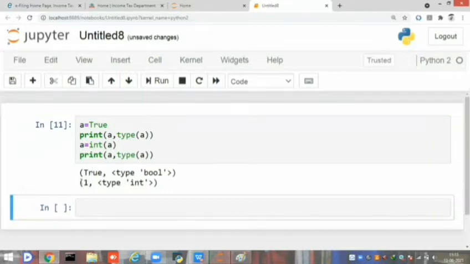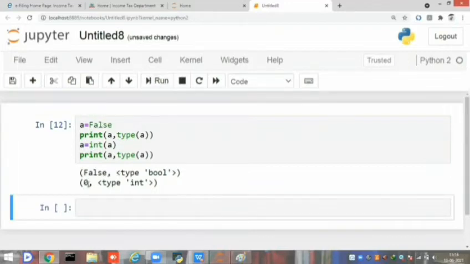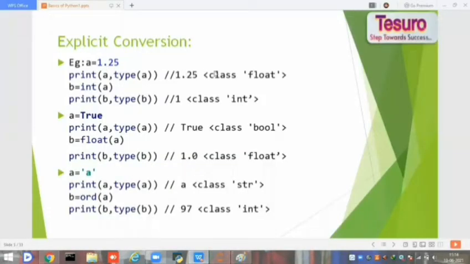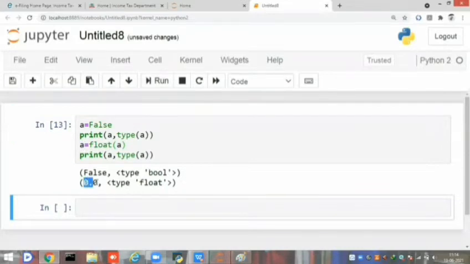So true is type bool, and in terms of integer it is 1. If I change true to false, the false value in integer is 0. So here is the same conversion of float to int and boolean. If you want to change to either integer or float, it's just a matter of using the function. If you want float here, you just mention float. So now the value is 0.0.